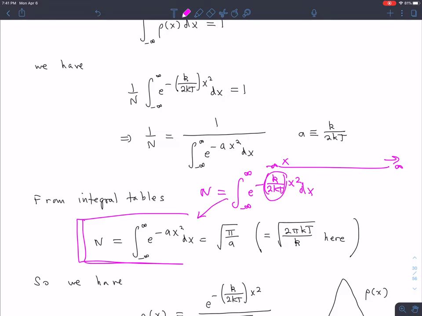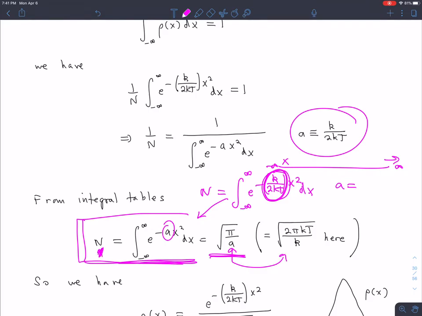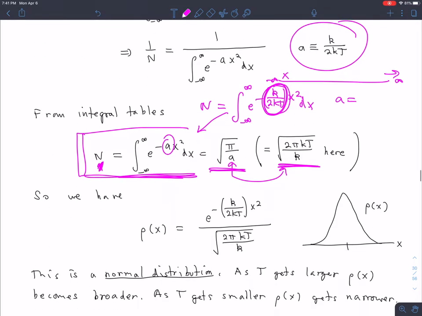And what I've done is just change all this stuff to a. I've made a simplification to make things easier. This integral is, you can look up in tables, a dead standard integral, and here's the answer. And if I plug in the value for a there, a is equal to kappa over 2kT, then I get that my normalization factor here is just this square root quantity. And so if I put that underneath, then my proper normalized probability distribution is just a normal distribution, or a Gaussian distribution, it's sometimes called,